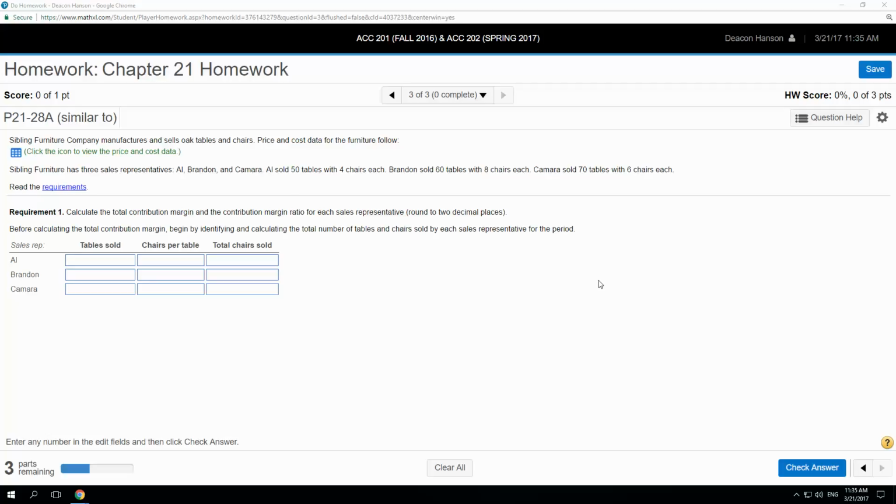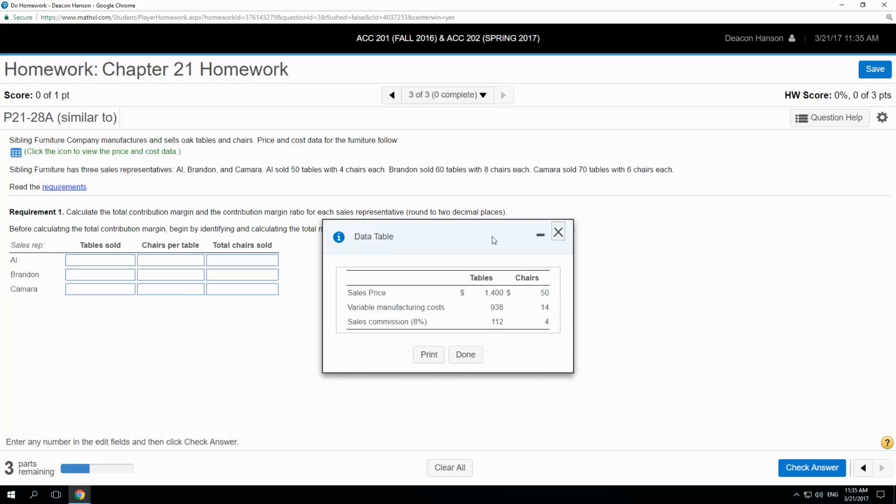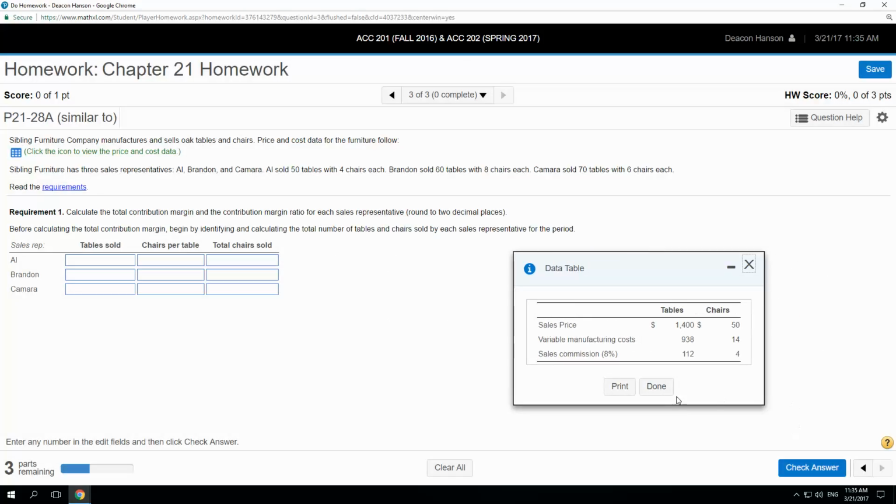Okay. It says Sibling Furniture Company manufactures and sells oak tables and chairs. Price and cost data for the furniture follow. They sell the tables for $1,400 and the chairs for $50. Then they have variable manufacturing costs of $938 for tables and $14 for chairs, and then they have a sales commission of 8%. So on a per unit basis, 8% of